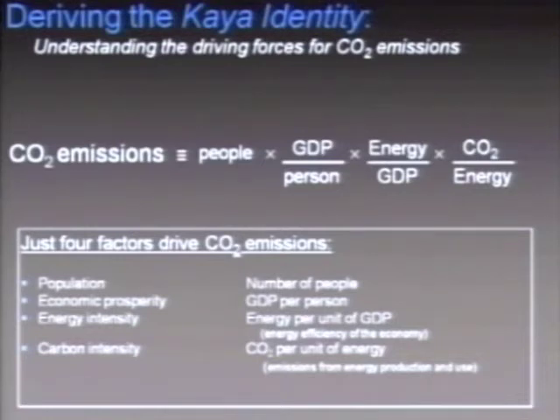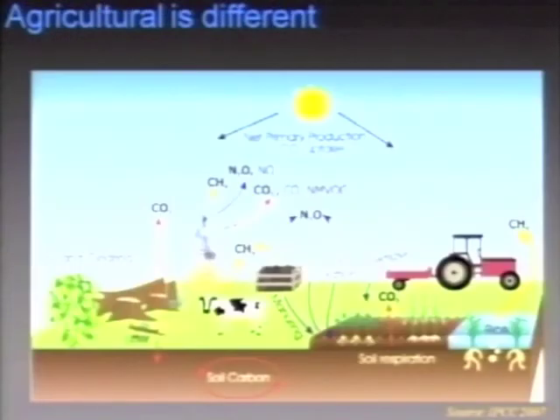Now, what I want to do today is to talk about food production and agricultural emissions, and how this framework can help inform how we understand agricultural emissions and what we can do about them. So first off, one of the take-home messages is that agriculture is different. It's more complex. We're talking about a lot of different kinds of emissions from different sources. There's a whole lot rolled up within the agricultural sector. And accounting for these emissions isn't simple.